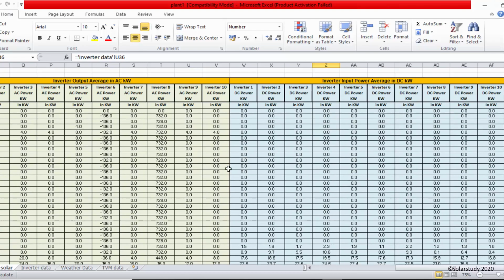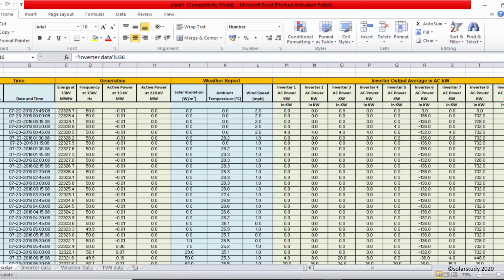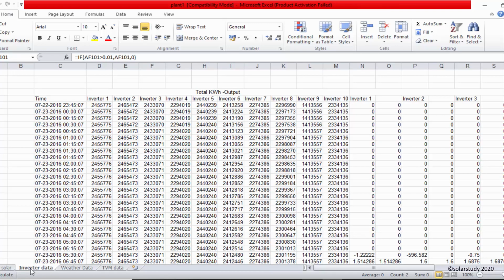So this is one of the SCADA data. In sheet 1 they are keeping the solar data, whatever is coming from the solar side, acquired in the data acquisition system. Next we will go for the inverter data. What is the inverter data? This is the output of the entire plant.